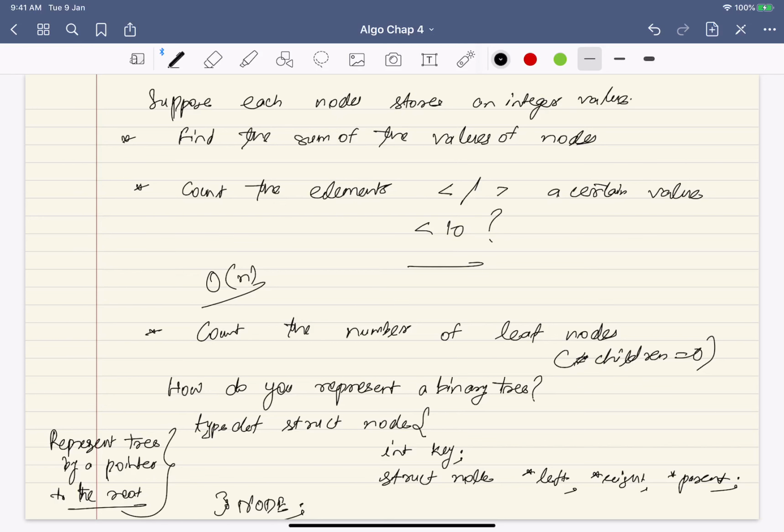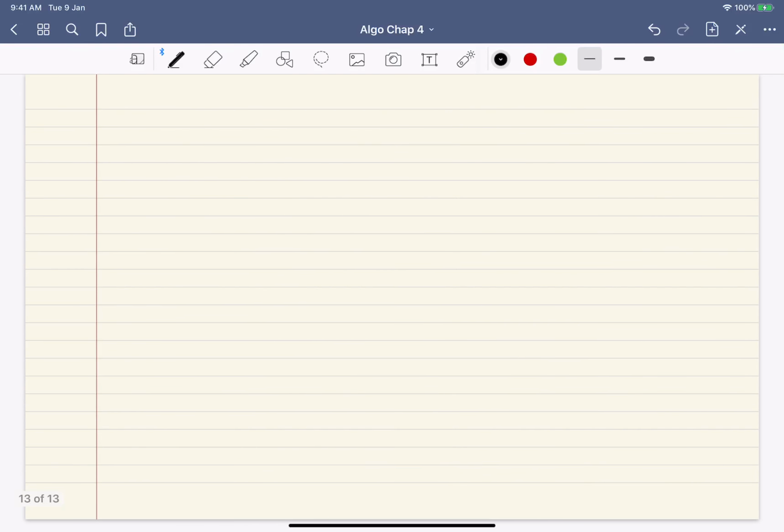Okay. So now, how does it look? Suppose I have this very simple tree, A, B, and C, 3 nodes. You will represent it by a pointer to the root.